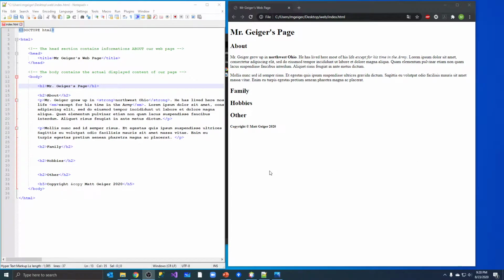In this video, we're going to learn how to include an image on our web page. So let's start by getting an image. Now, where are you going to get your image? Well, you can take an image from your computer's